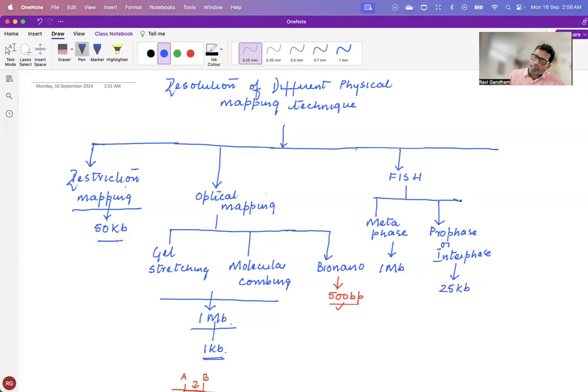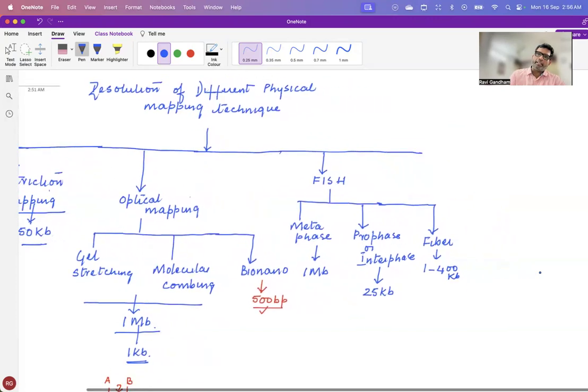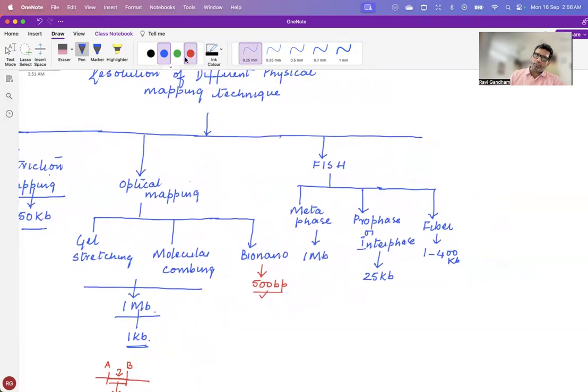Whereas you have the final version of the FISH, that is the fiber FISH. And the resolution of this fiber FISH was found to vary between 1 to 400 kb. And finally, we have STS mapping,